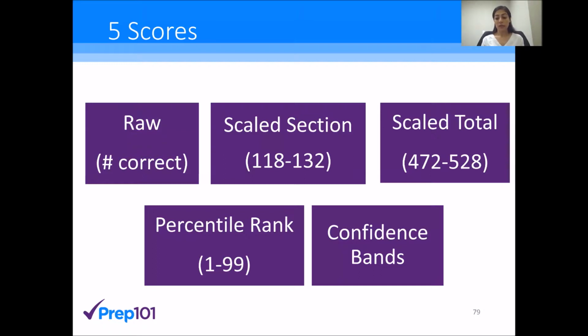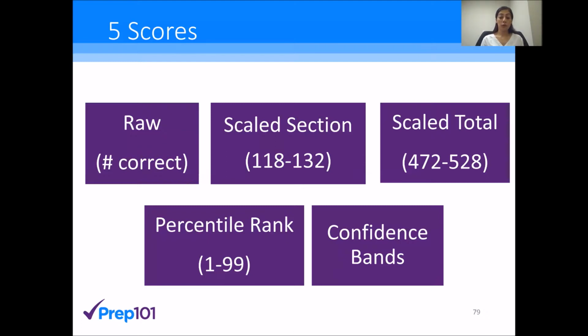The reason being is because if I have a very, very easy version of the exam, that equating process is not going to be very forgiving, such that the moment I get 1 question wrong, if the exam was so easy, perhaps I've dropped down to a 125 already. Whereas if you wrote a different version of the exam and you got only 1 question wrong in a section, perhaps that is the equivalent of a 132. At the end of the day, our abilities are matched by having a scaled score.